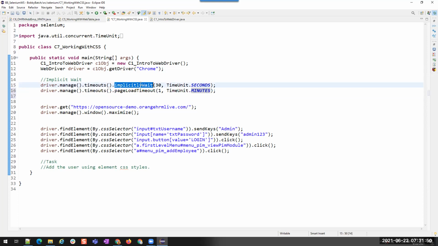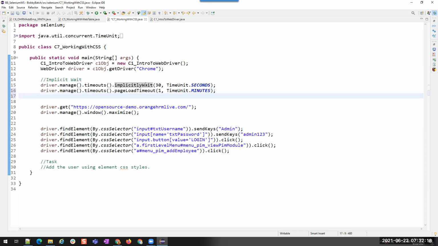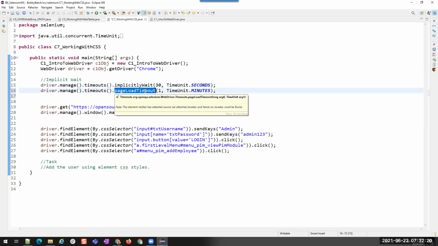So if you want to wait for an element to perform an operation, then by default it will wait for 30 seconds. Before 30 seconds it will not throw any exception. Okay, and after 30 seconds, if it is still not found, then it will throw an exception. Even if you write this or if you don't write this, by default it will throw an exception after some duration if the element is not found. I'll show you the difference. So these are the 2 things: one is waiting for the element and the other one is waiting for the pages.